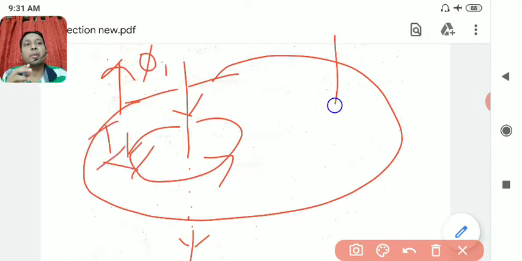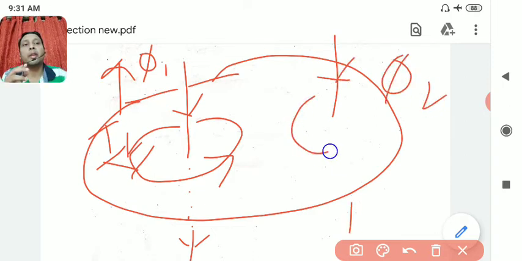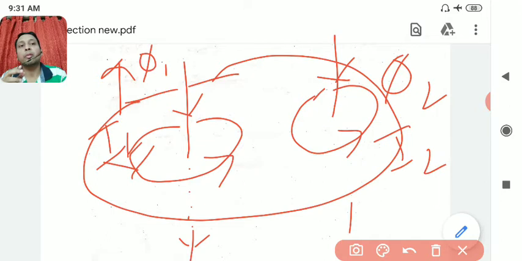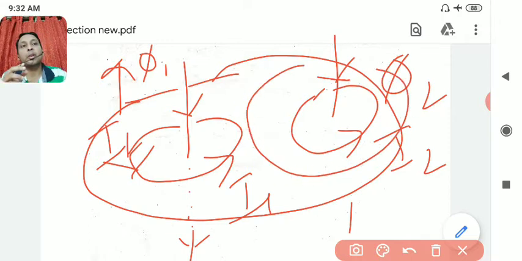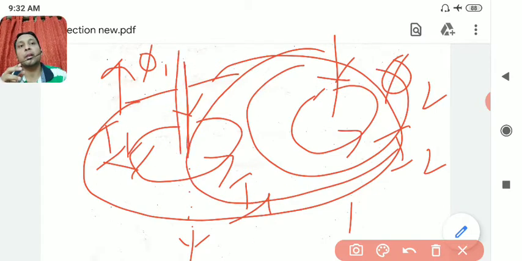Similarly, suppose another flux, phi 2, is going through it. Again, what will be the direction? You can see, again this will be the direction. So this is my I2, and this is I1. Now you are getting it? Once you got it, this I2 will be in this way. Some of I2 will also go through this flux line, touching this flux line. So here I2 is flowing. Let me draw it one more time.